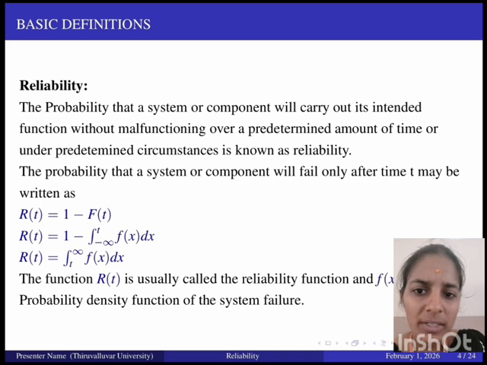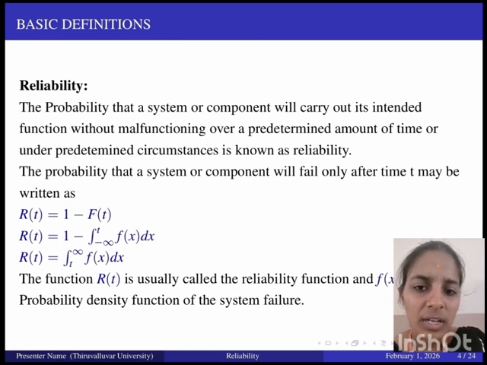R(t) = 1 - the integral from minus infinity to t of f(x) dx, and R(t) = the integral from t to infinity of f(x) dx. The function R(t) is usually called the reliability function, and f(x) is the probability density function